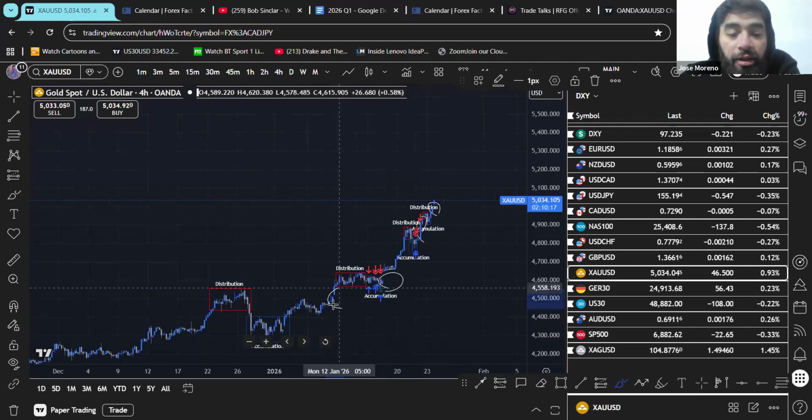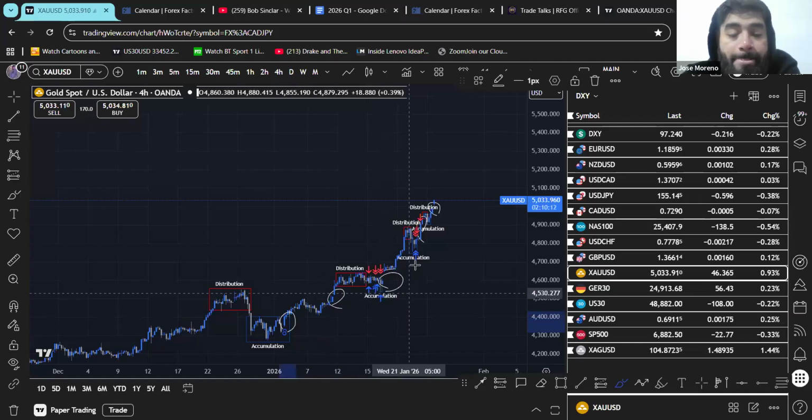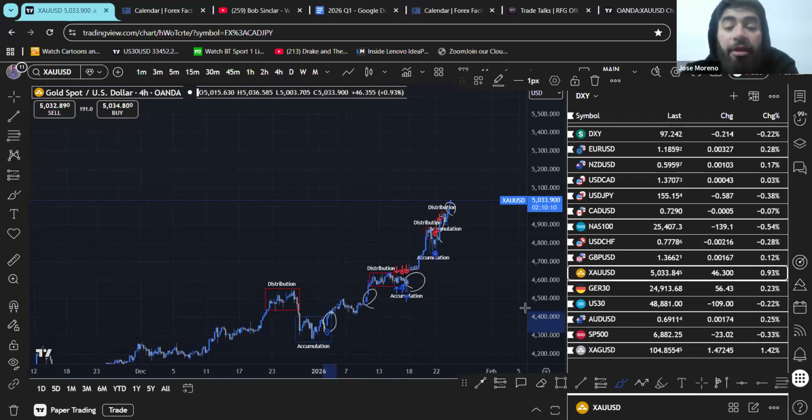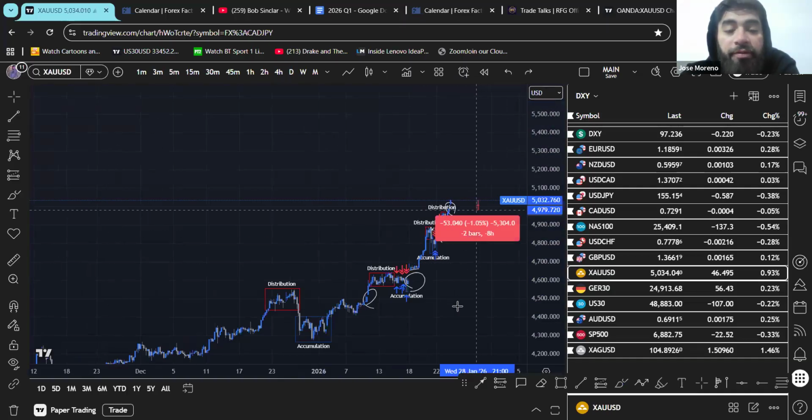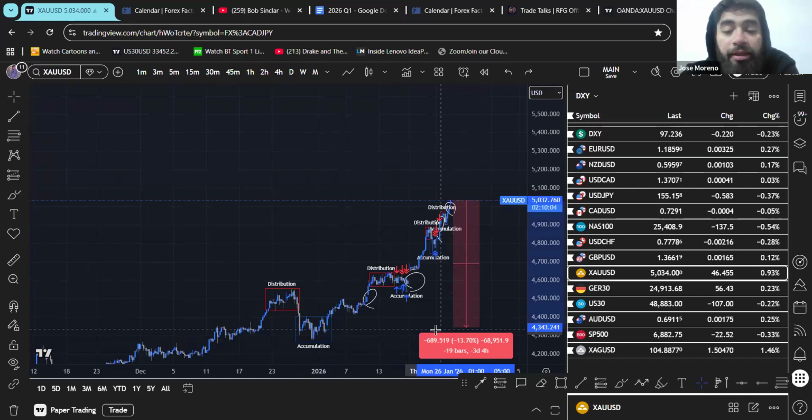People are very excited. I think we're getting a lot of hopium here, right? Look at all these gaps. So there's always potential for them to be filled. And again, when the difference between here and here is that big, it's like 606,000 pips, sorry.